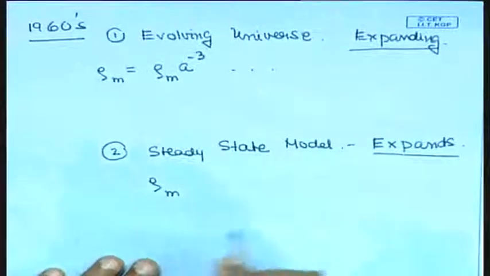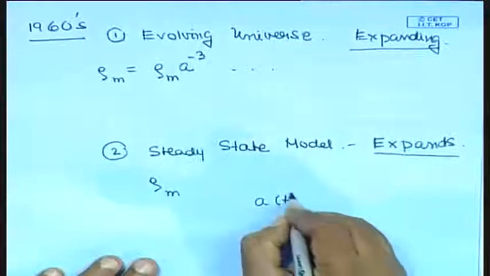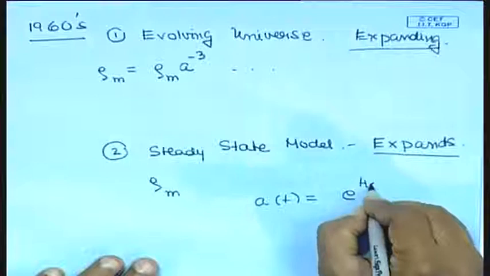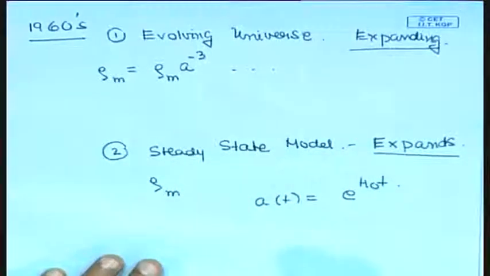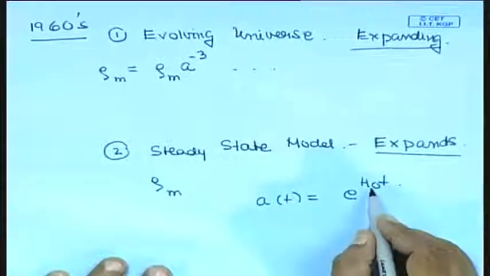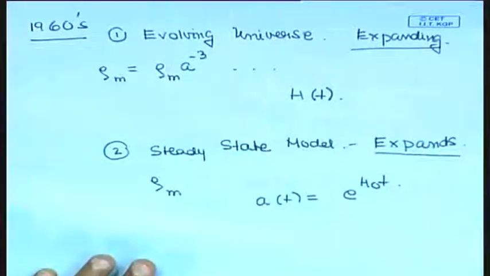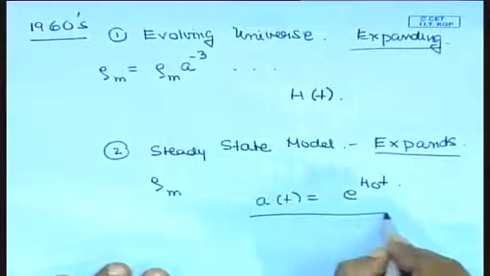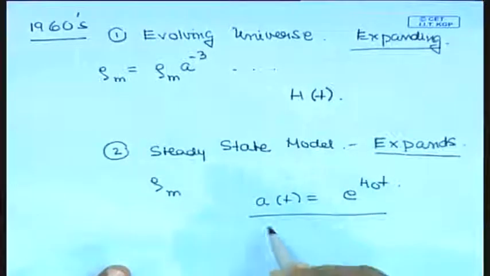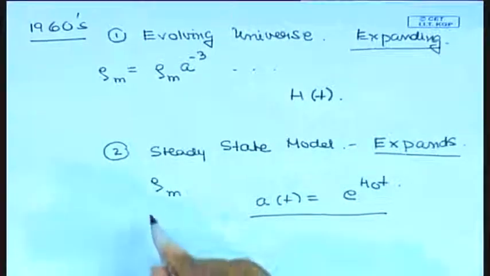On the average, the universe always looks the same as it does now, and the scale factor will have an exponential expansion. There is no singularity. If you have an exponential expansion, the Hubble parameter also remains constant. Here the Hubble parameter is a function of time. It was larger in the past. In the steady state model you have an exponential expansion, it is like our cosmological constant dominated model where you have an exponential expansion, and the Hubble parameter remains fixed. The universe looks the same all the time. Now you see, if the universe looks